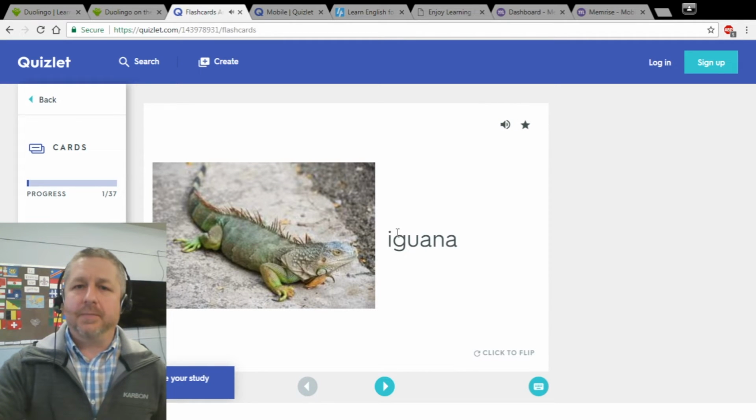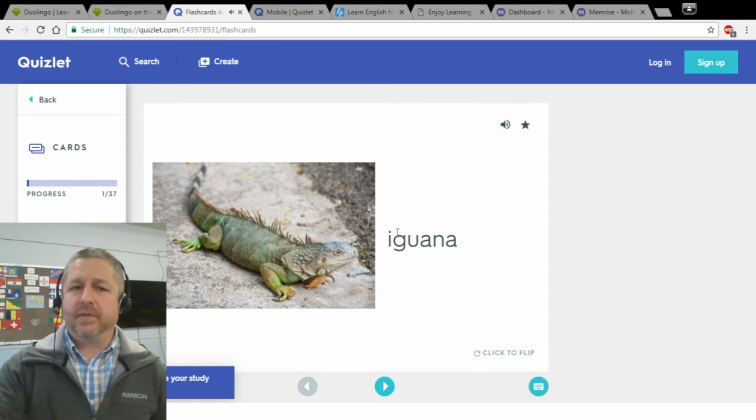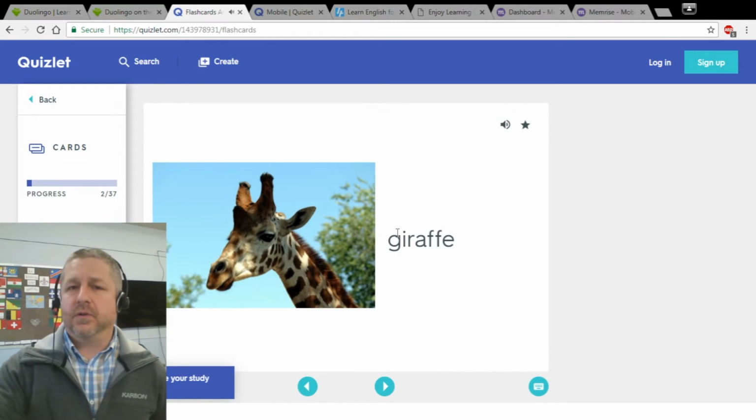I'm using the arrow keys on the keyboard, by the way. Up, la iguana, and down, iguana. Up and down flips it. The right arrow, giraffe. The right arrow takes me to the next one. But that's just one. So we go back to